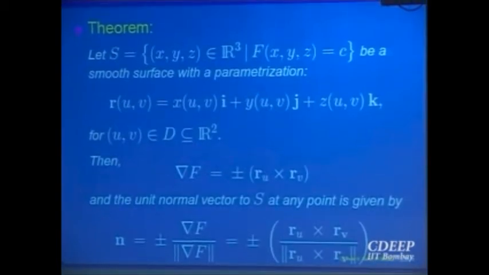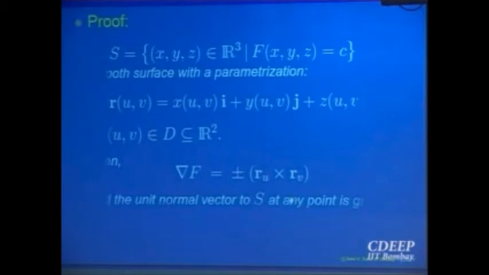Is the proof okay for everybody? We have already proved it as one function of two variables. If you want to see the proof again, let us do the proof again. So what will be the proof? Look at the specific curve when u is fixed. Then that coordinate curve is on the surface, so it must satisfy the equation f(x,y,z) equal to C. So f of x(u,v), y(u,v), z(u,v) equals a constant. You can differentiate it with respect to u and with respect to v. That's what we did, the same proof I am repeating.